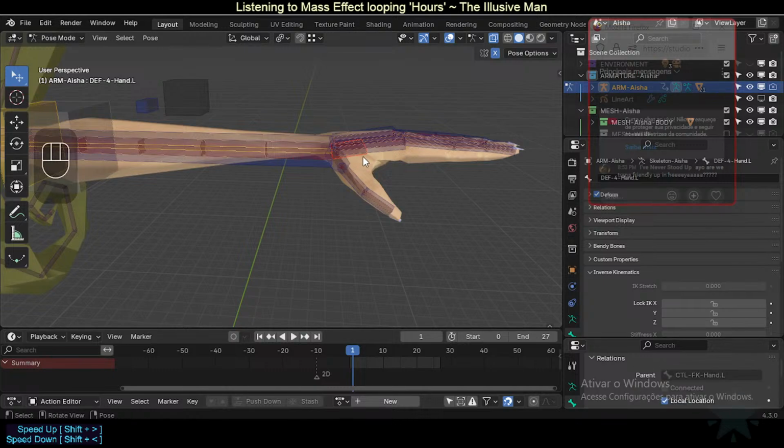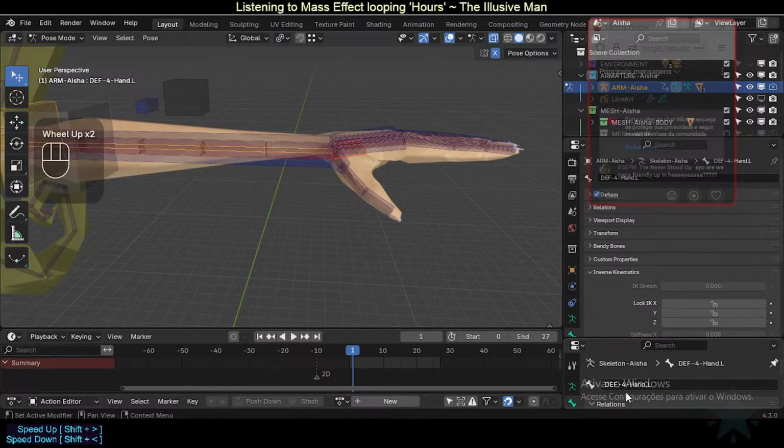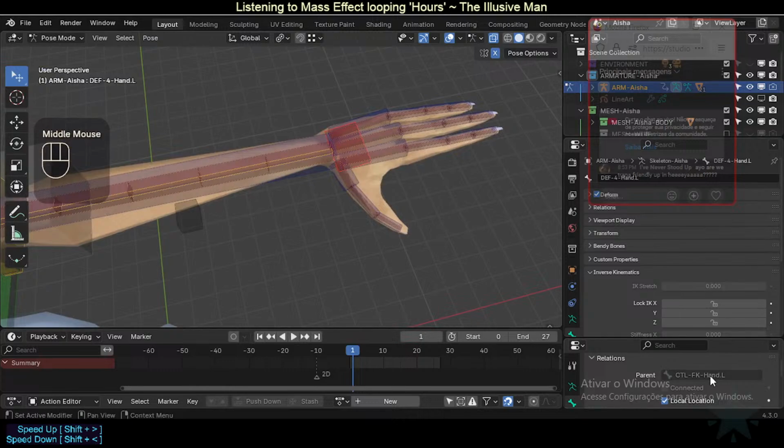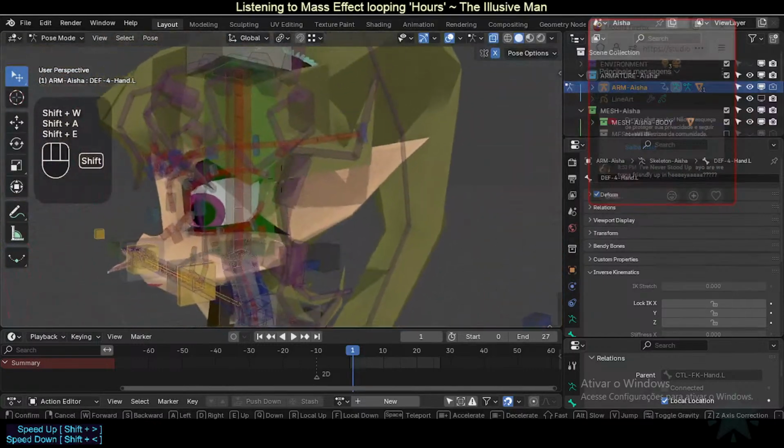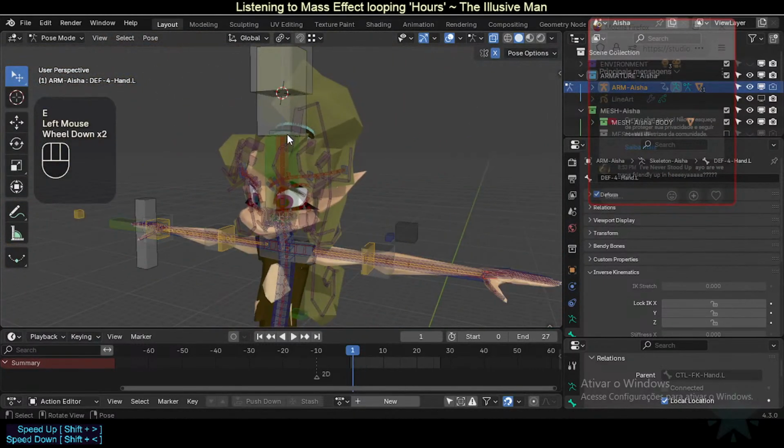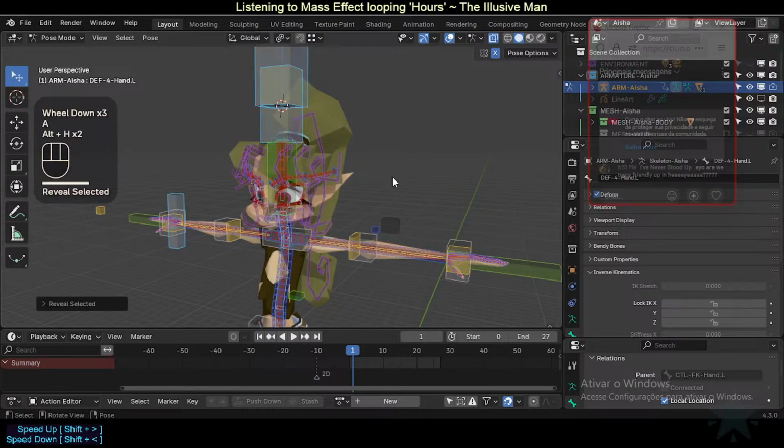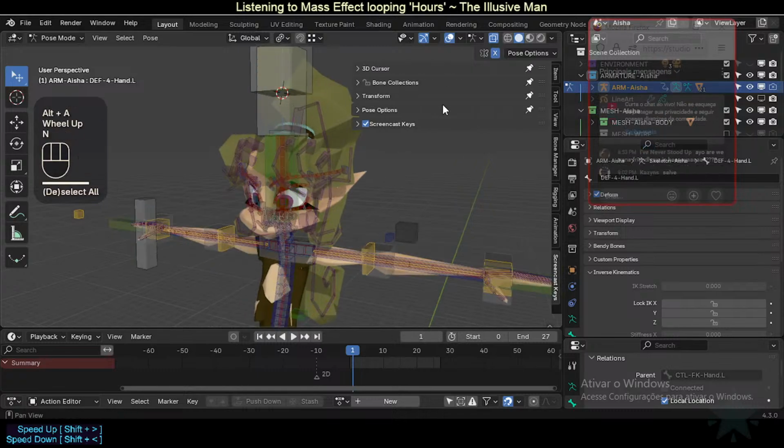All right, so the wrist bone, or actually the def hand, this one is parented offset to the control F key hand. So I have a control F key hand. So I don't have a control F key head, so let's make it exactly on that position. So I need to get the